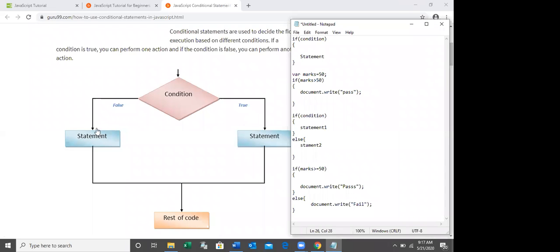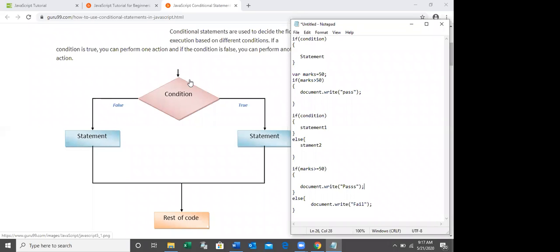You can see this one in the diagram. Here you can check the condition. If this condition is true, this statement will be executed. If this condition is false, this statement will be executed.